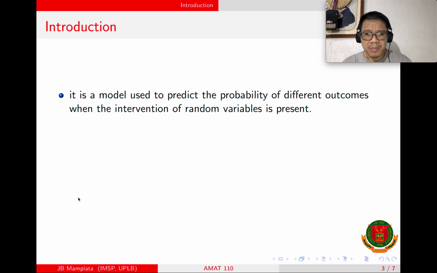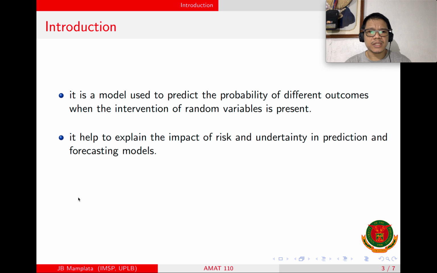So the probability of showing up head is actually equal to the number of times head appears in the toss over the total number of tosses. So that is actually the main idea in Monte Carlo simulation. You will just repeat the process over and over again as many times as possible. And from that, you can infer the probability of an outcome based from the experiment that you have made.